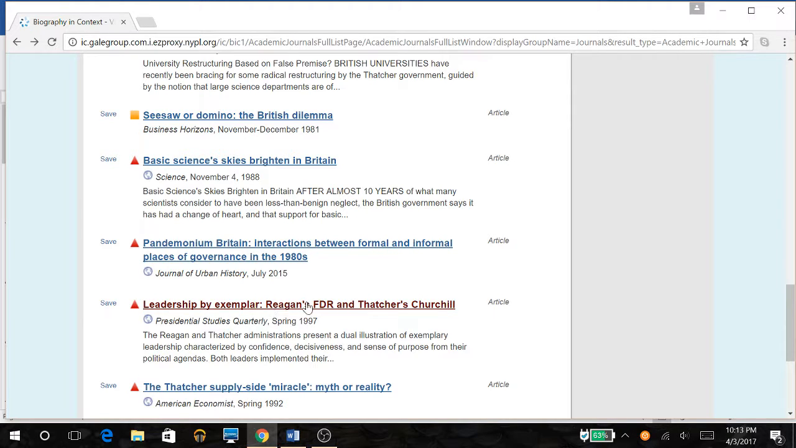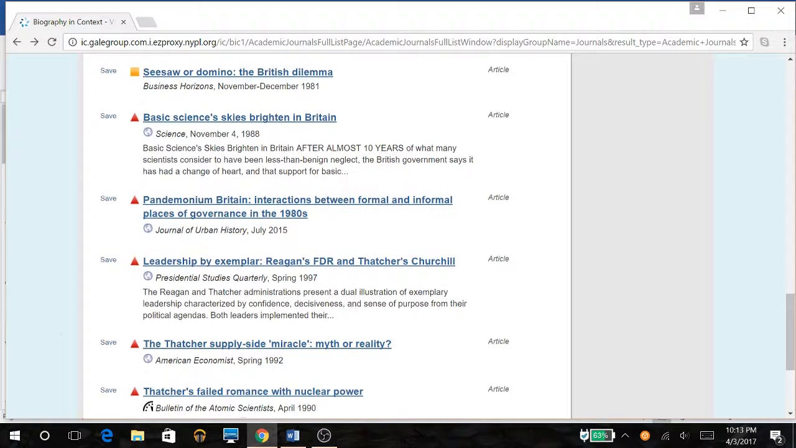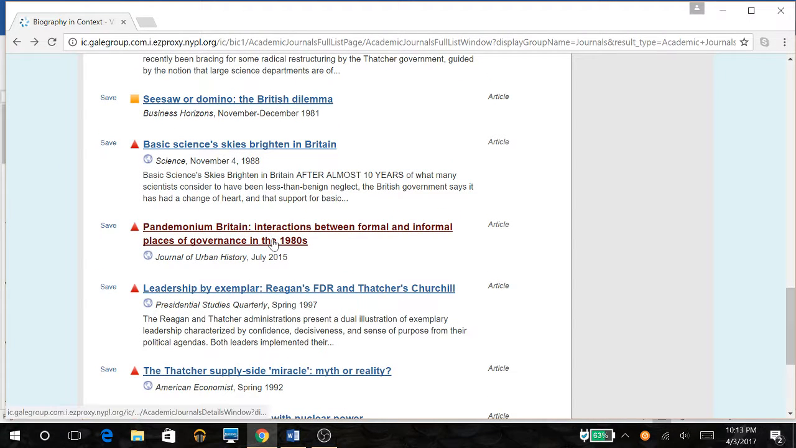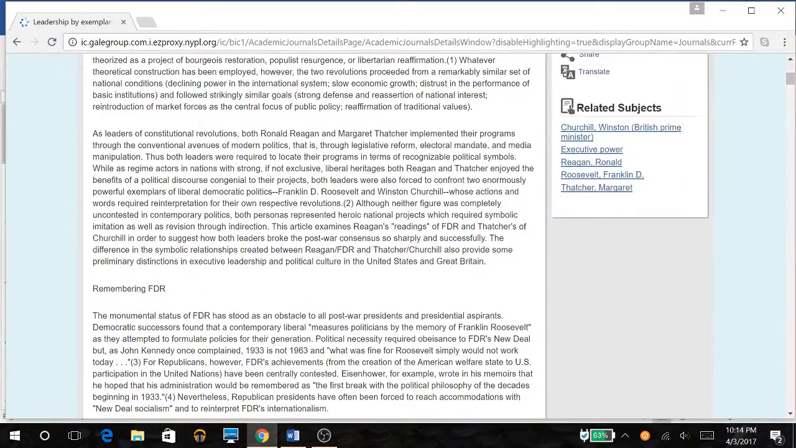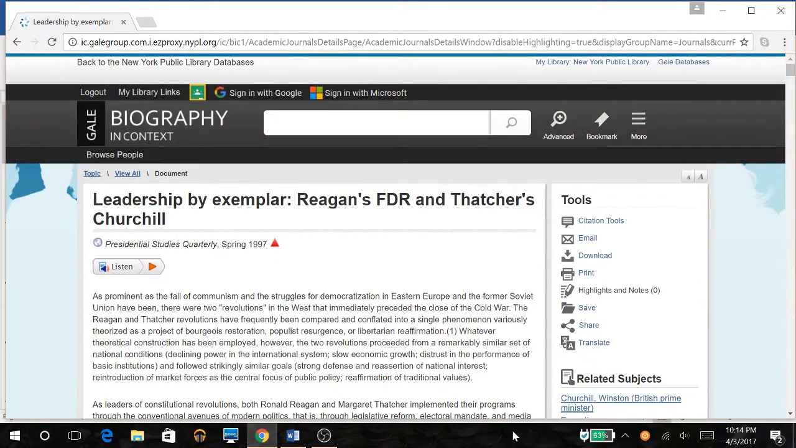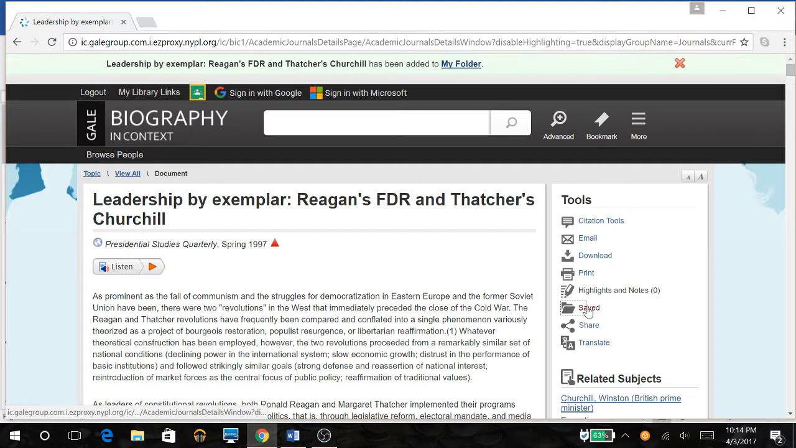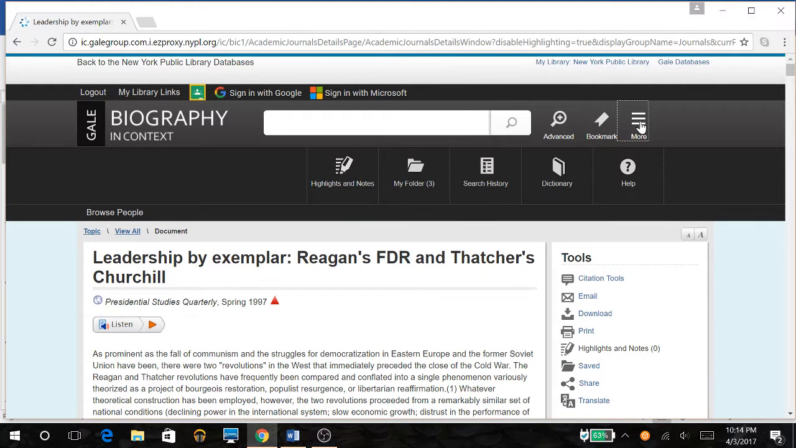This sounds interesting. One about Ronald Reagan and Thatcher. Let's try that one. Okay, so this looks like this would be a good one to learn more about. So I'm going to save that to my folder. Okay, so now that you have 3 items saved to your folder, you can go up here and you can